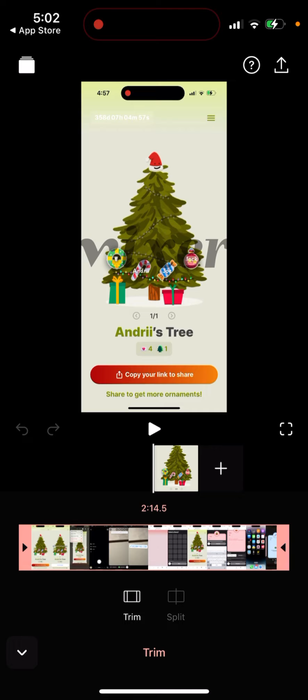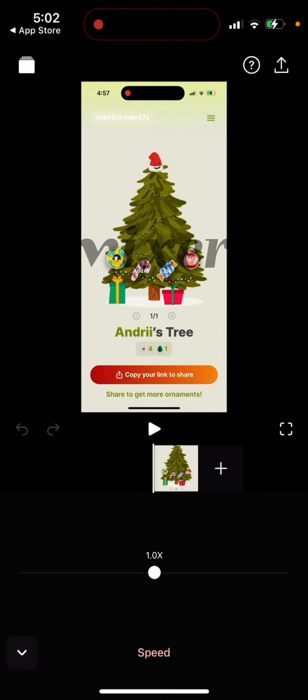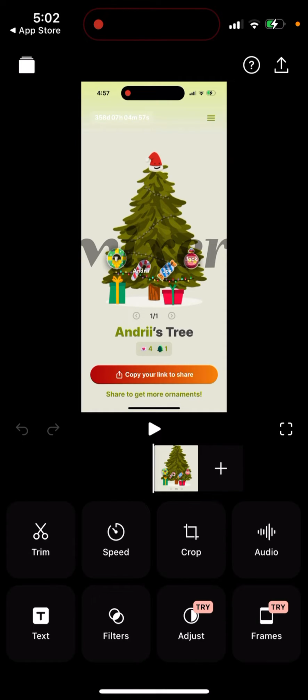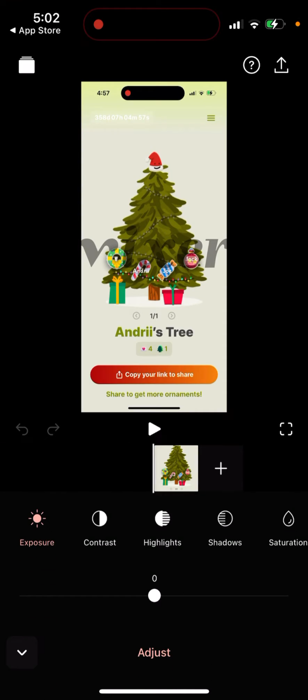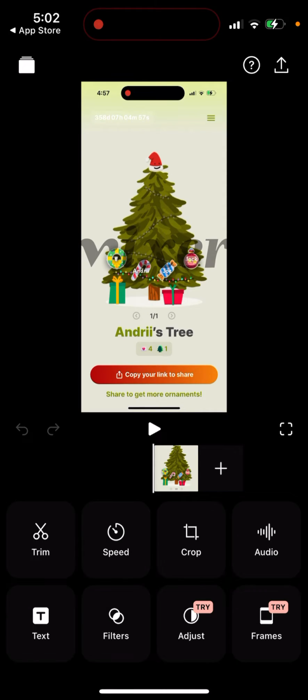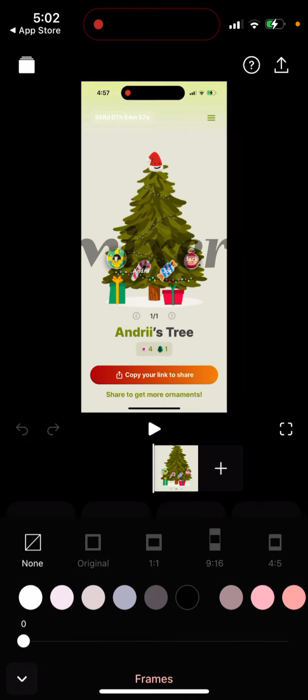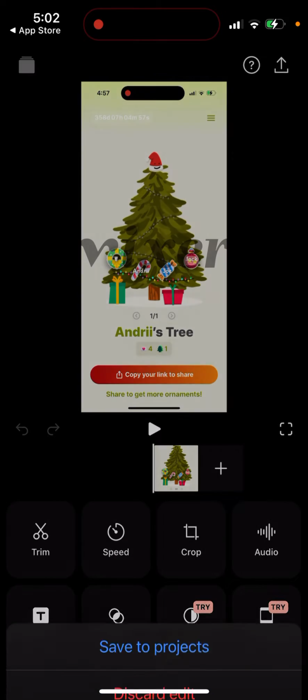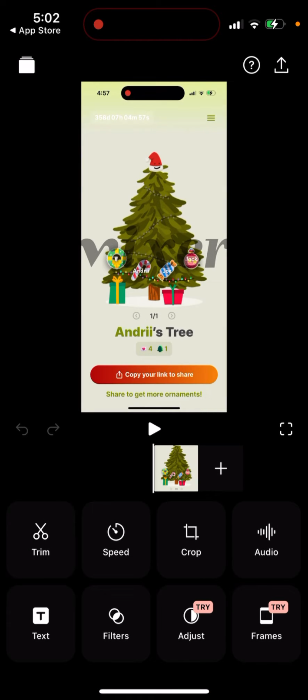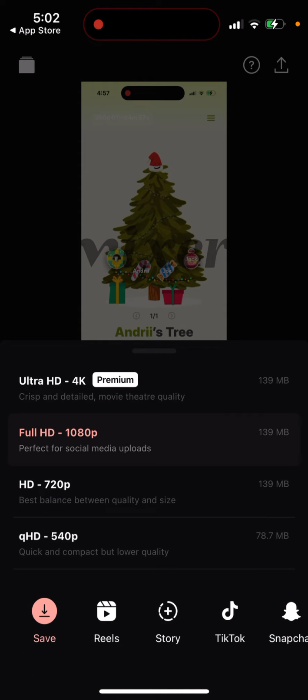So then here I can trim it, similarly I can change speed, crop, I can change audio, I can add some text, adjust, like automatically adjust exposure, contrast, shadow, saturation, change the frame of it. So yeah, kind of similar to InShot video app,